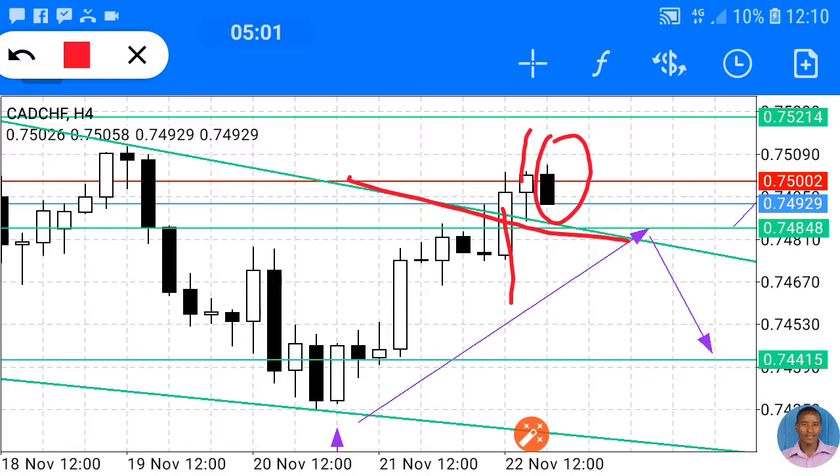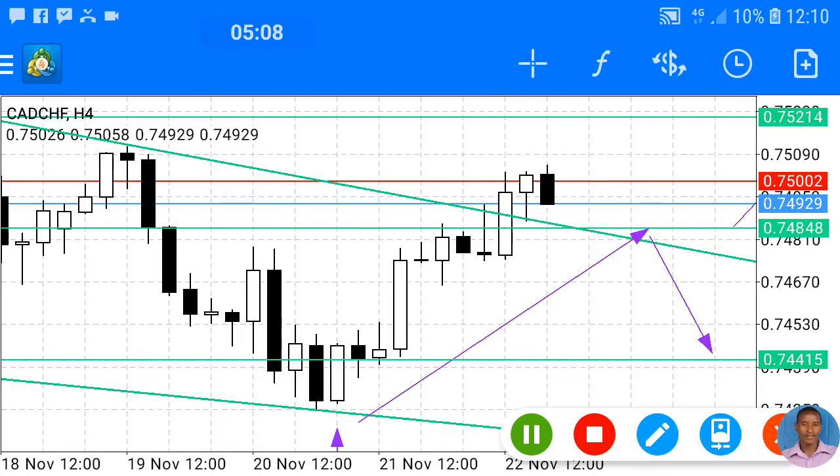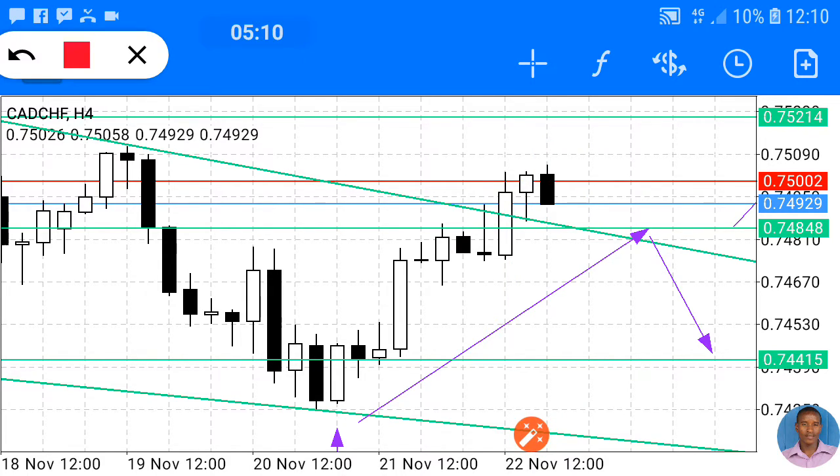Mostly when it retests, we expect something like maybe a hammer or any candlestick which shows a potential for a reversal of price. Maybe if you see a hammer candle closing again above this area, we are expecting the price to